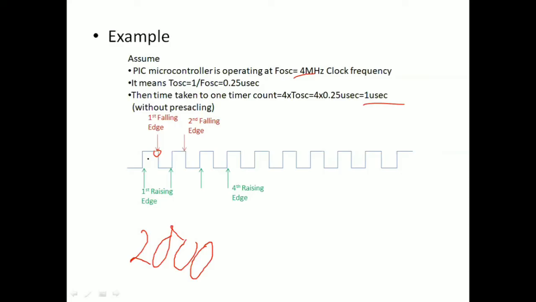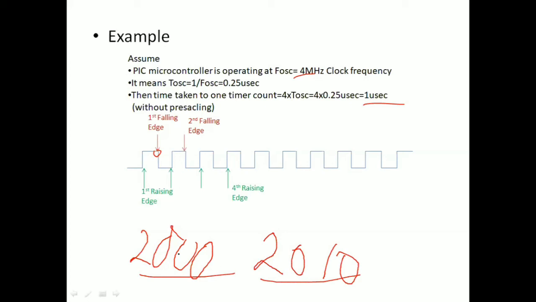After the first falling edge signal, during the second falling edge signal, obviously the count will have increased. So again it will capture the timer 1 value. Assume that this time it will be 2010.